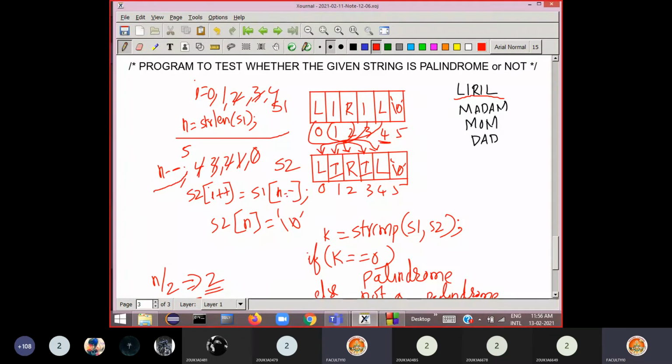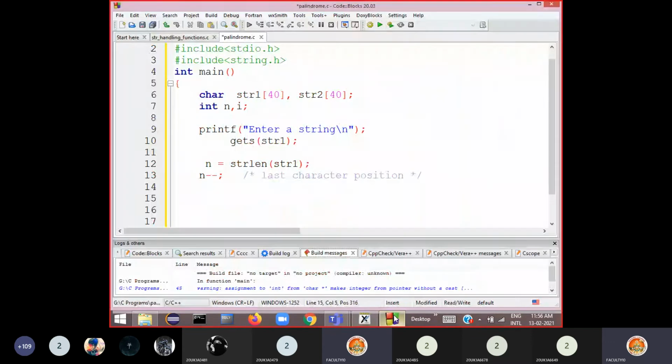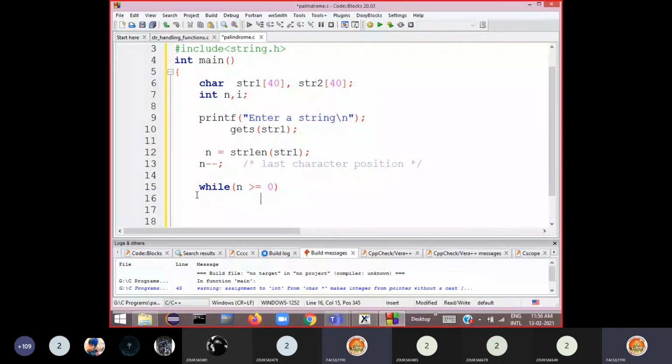Until n is greater than or equal to 0, because the n value will be 4. So 4, 3, 2, 1, 0. Even at 0 it should be copied. As long as n is greater than or equal to 0, and when n becomes less than 0, it stops. So that is the condition to be used here. So while n is greater than or equal to 0,